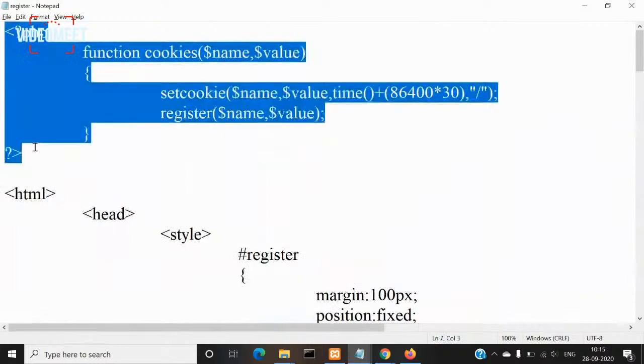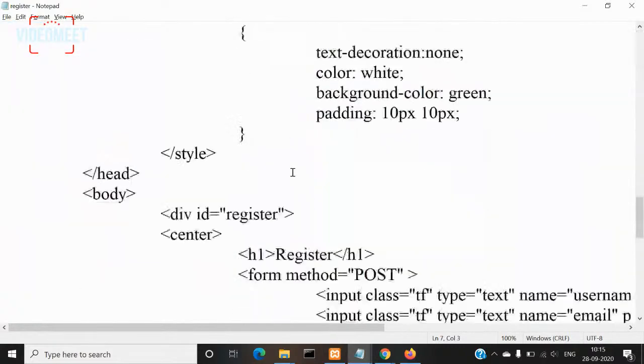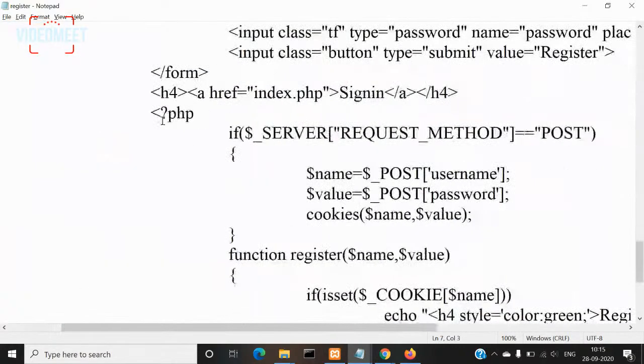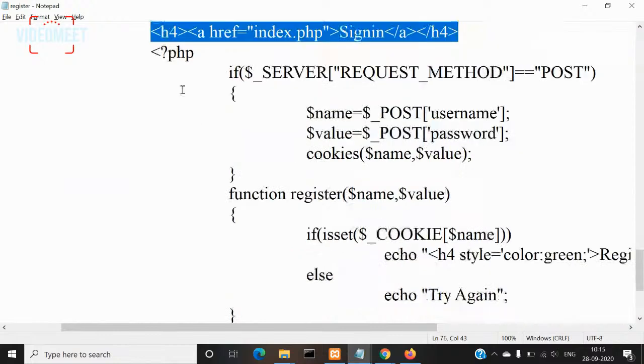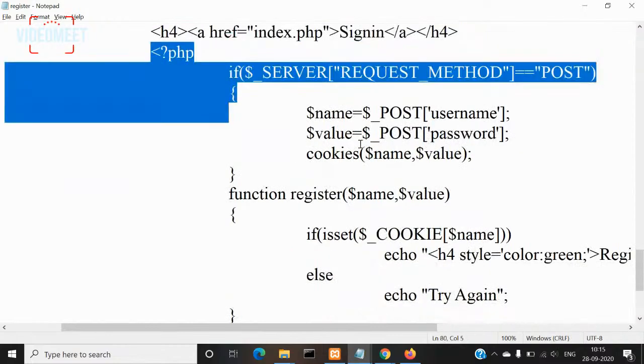So this must be written at the beginning. I'll tell you why. But before that, after the form, we have a sign in button, right? H4 heading. I'm displaying a sign in button. So this will take me to index.php. Fine. Then below this, a PHP script is there,